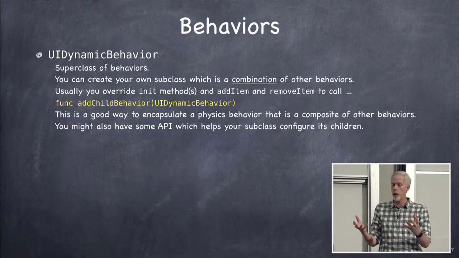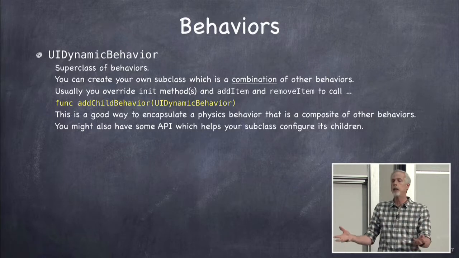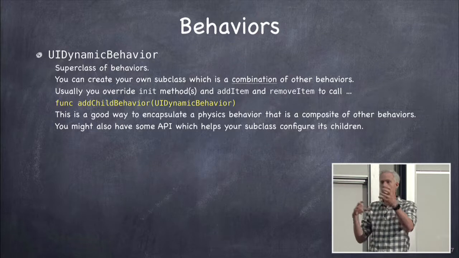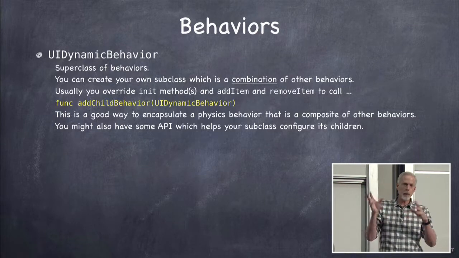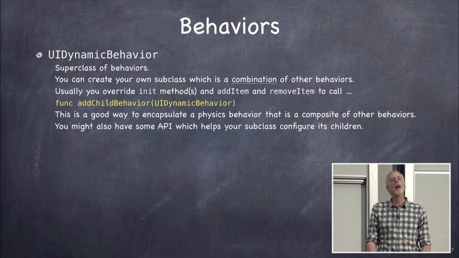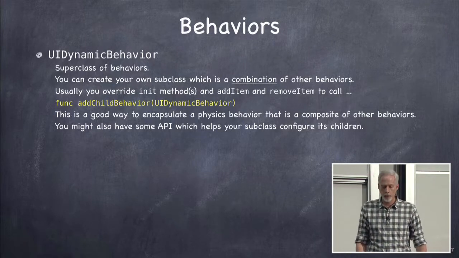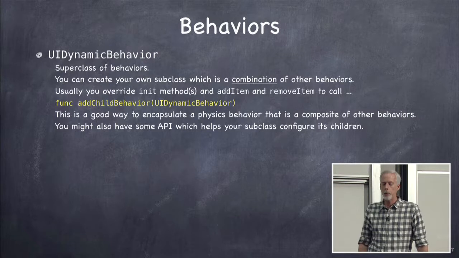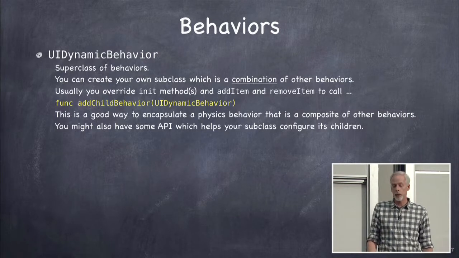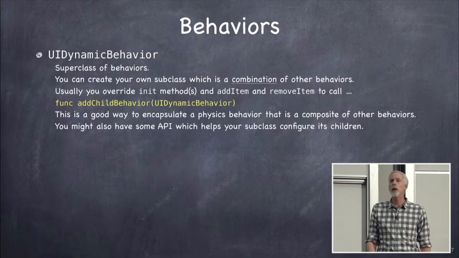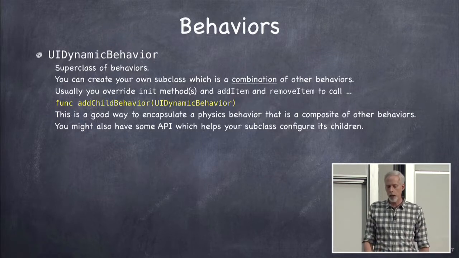Most of the code we're going to write on Wednesday is going to be in a big UIDynamicBehavior subclass, because we're going to put a lot of behavior on our asteroids that are moving around. They've got to bounce off the ship, and they've got to be affected by the ship's acceleration and all kinds of things. We're going to put that all in our own subclass of UIDynamicBehavior. Otherwise, you generally don't subclass UIDynamicBehavior, because a subclass of it is mostly to composite things together.